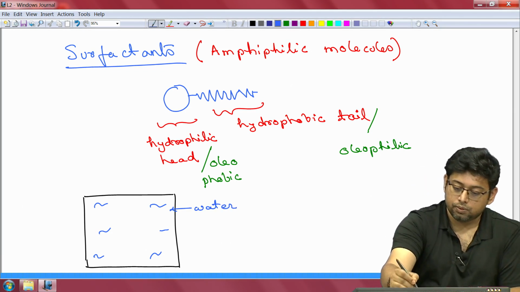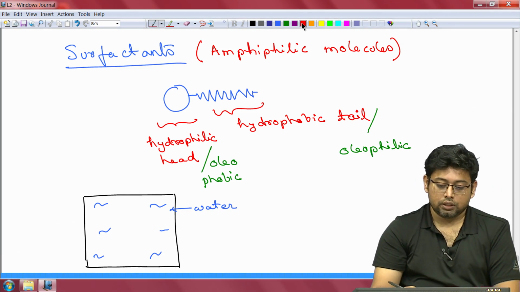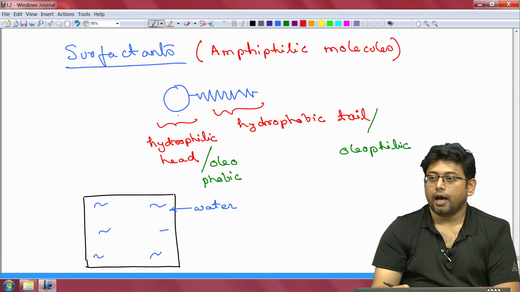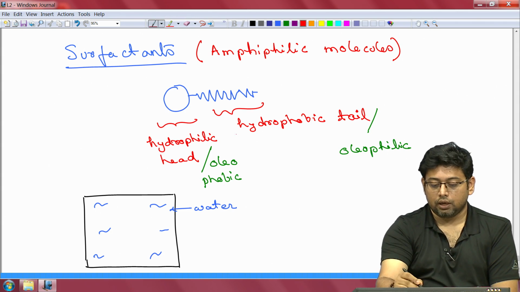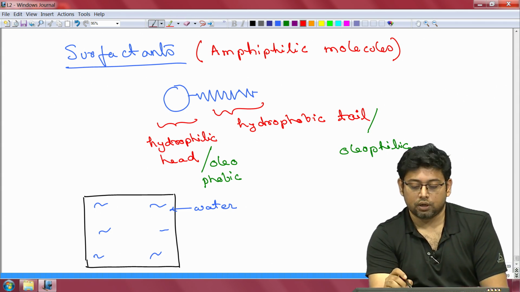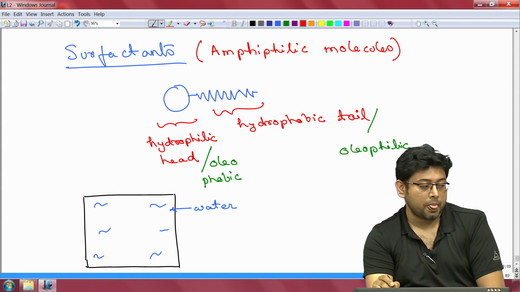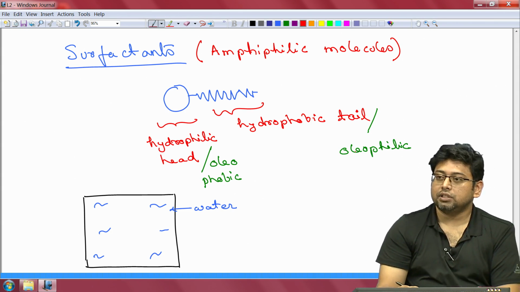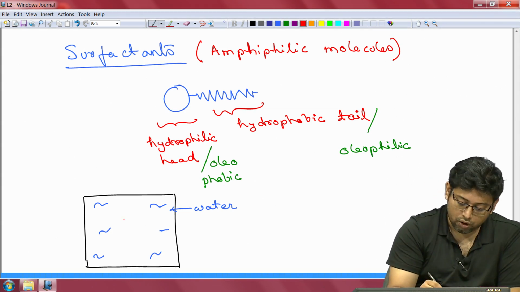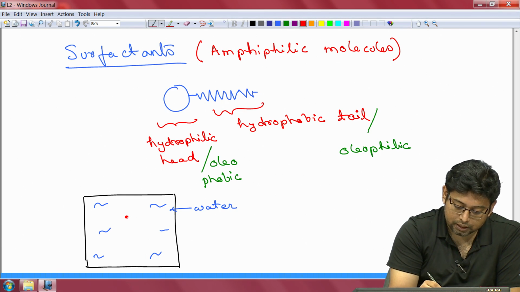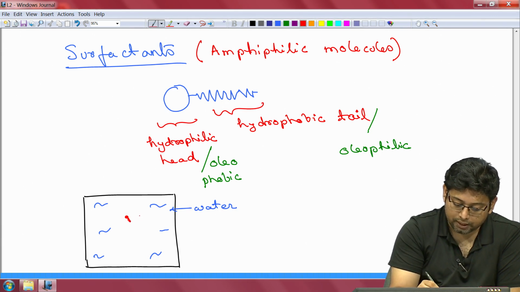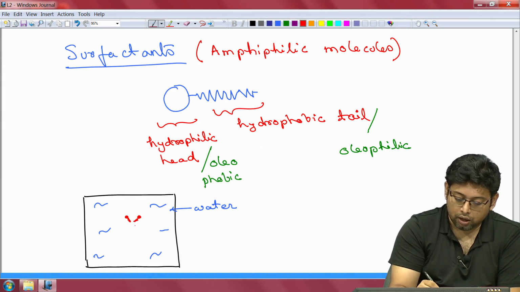The way these molecules will dissolve is, the hydrophilic head does not have a problem with water, but the hydrophobic tail does. So, the tail must not see water molecules. So, the way it happens is that these end up forming what are called micelles, where the hydrophilic heads are all